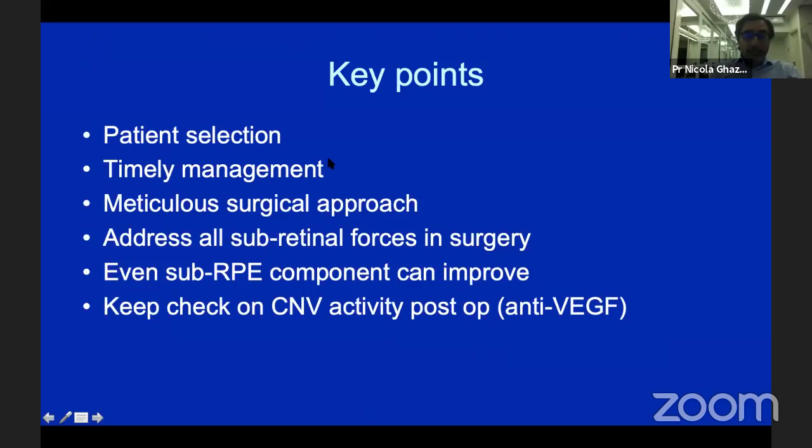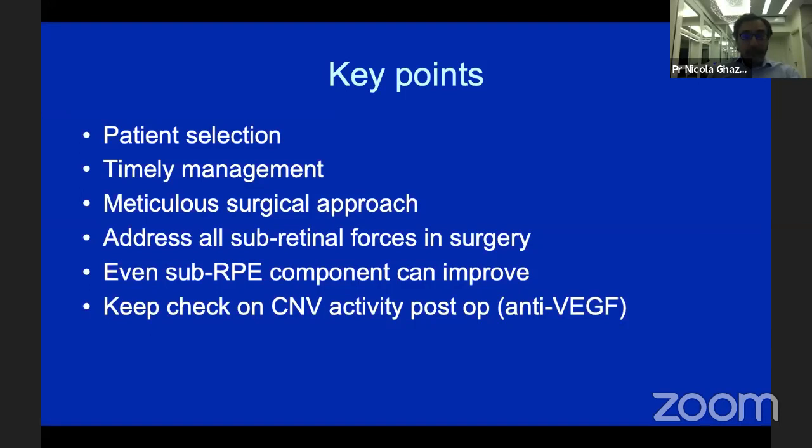So that's the end of my first case. And the key points here are really patient selection. That's the most important. You want to treat patients who have massive subretinal hemorrhage, typically reaching the arcades or beyond. You want these patients to have a good baseline visual acuity, no pre-existing geographic atrophy or scarring. You want a thick hemorrhage involving the fovea, and you want it mainly subretinal, not sub-RPE, even though sub-RPE components can improve with these